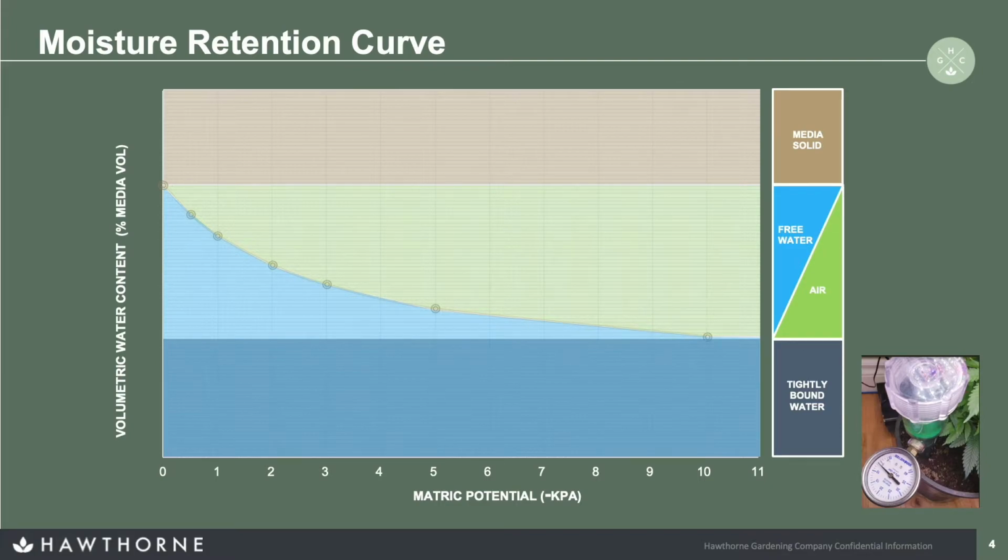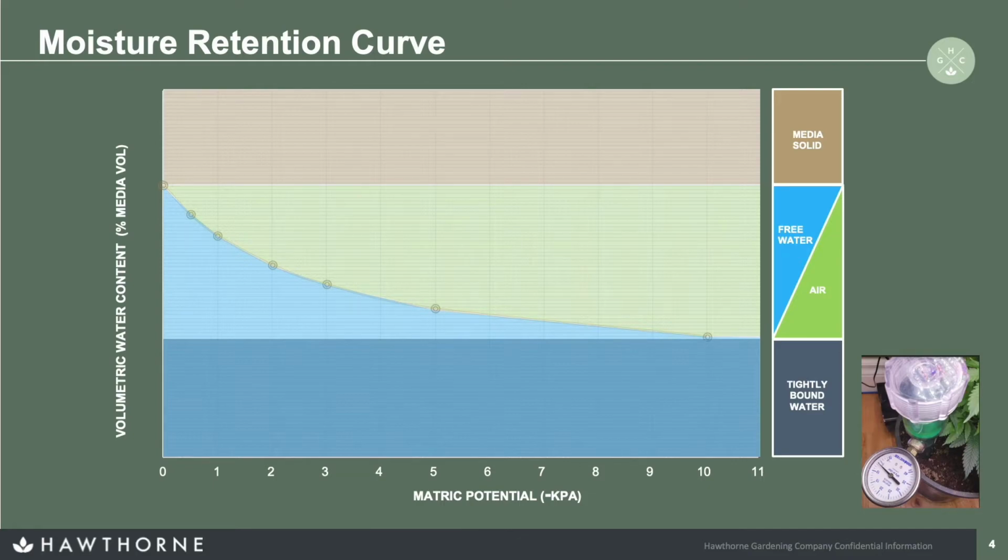One of the last points I want to talk about is the intersect of the curve with the y-axis. That point there is called the saturation point. This is when all the pores of the substrate are filled up with water. The only way for us to do that is to really plunge the media into water to make sure that all the pores are totally saturated. So this is total porosity, which is, I would say, a theoretical value,